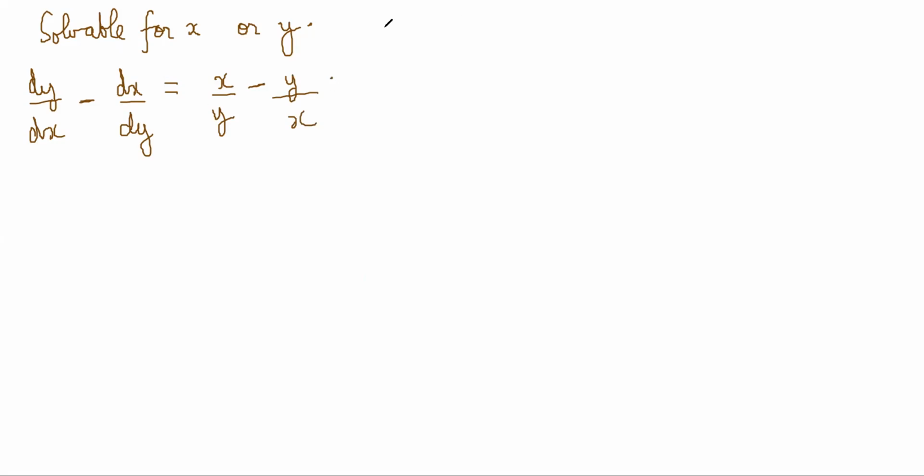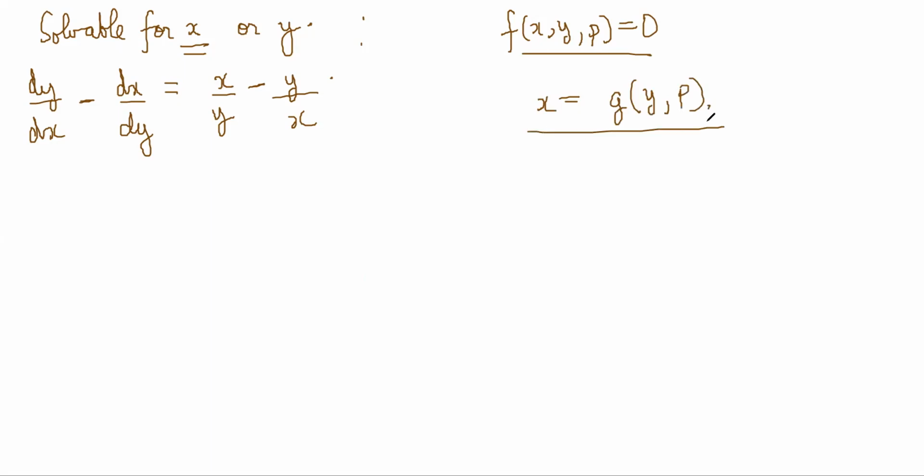In these types of questions, it is still f of x, y, p, but it is solvable for x or y. That means you could solve for x. x could be some g of y comma p. If you are able to solve for x, you will get